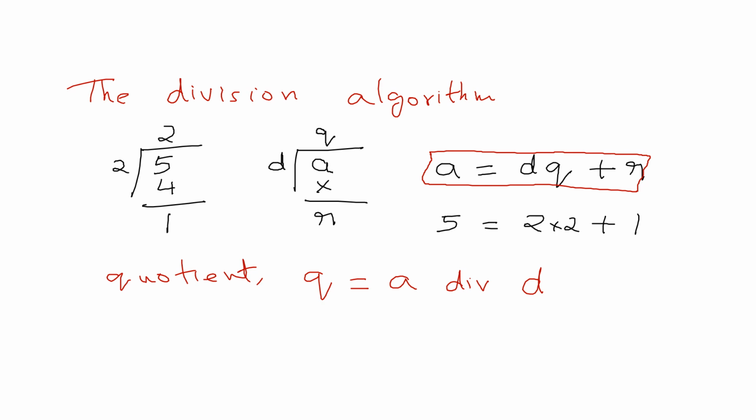A is the dividend and D is the divisor. So if you want the quotient, you have to write it in this manner. Sometimes they may ask you to find the remainder. In future it will be of some help. Remainder, the symbol is R. So R is equal to A